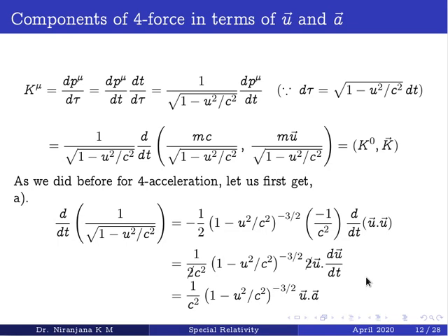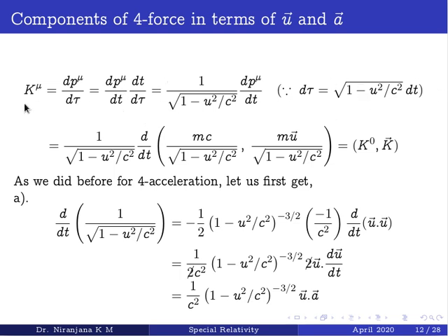Hi, now we will find out components of 4 force in terms of ordinary velocity u and ordinary acceleration a. The 4 force, or the Minkowski force, is defined as the differentiation of 4 momentum with respect to proper time. And the differentiation with respect to proper time can be changed into the differentiation with respect to ordinary time by using the relation between the proper time and the ordinary time. So now it is done by compensating dt on numerator and denominator and changing dt by d tau with this